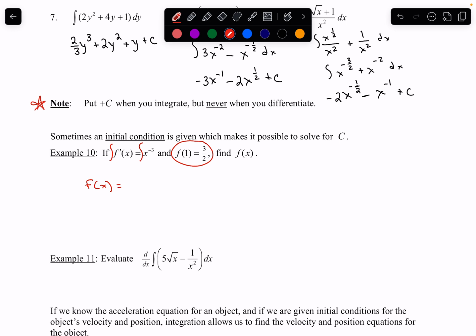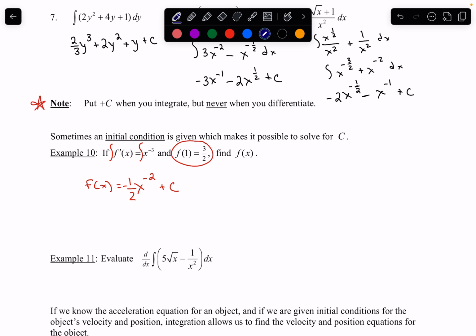So the integral of f prime is f of x. The integral of x to the negative 3. So I need to add 1, so I get x to the negative 2. And then I need to divide by negative 2, which is negative 1/2. And then I need to put a plus c. Now, because it gives me this initial condition, now I can plug these values into the function I just got and solve for c to come up with my actual f of x function and get rid of the c